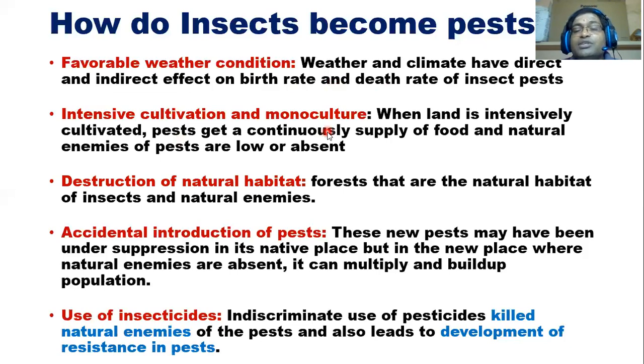The second one is intensive cultivation and monoculture. Earlier, our system was not an agricultural system. It was under a forest ecosystem. When the human population was in the hunter-gatherer period, they were moving here and there, and whatever foods were available in the forest, they collected. When they stopped moving and started colonization, whatever seeds they collected in the gatherer period,